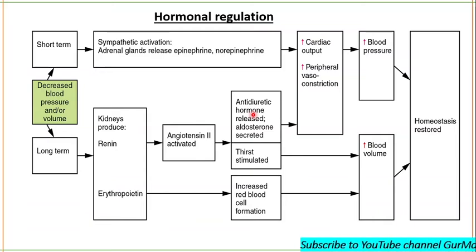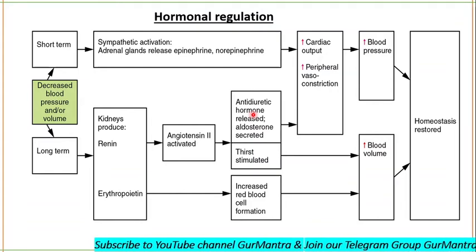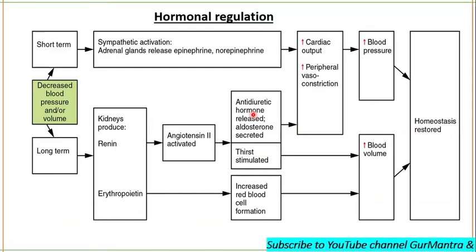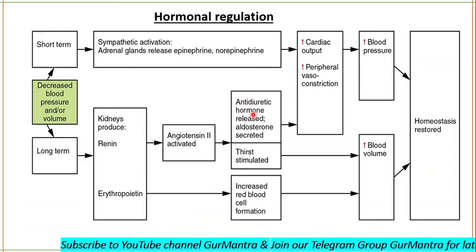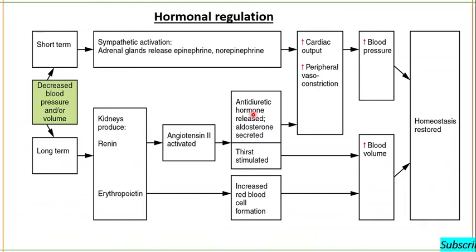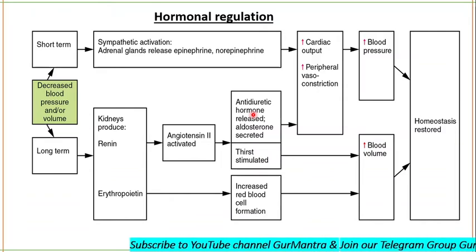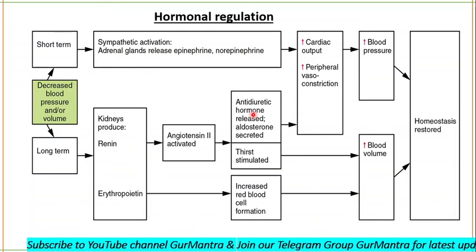Now let's talk about reabsorption. You also understand about glomerular filtration rate. How much is it? It is 125 ml per minute, which becomes 7.5 liters per hour and 180 liters per day, but 99% of it is reabsorbed, only 1% is excreted out, which roughly becomes 1 to 1.5 liters per day. So we excrete 1 to 1.5 liters of urine per day.